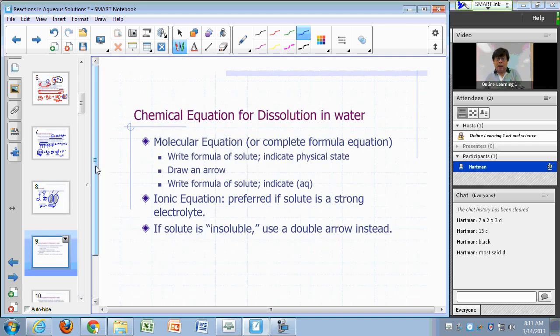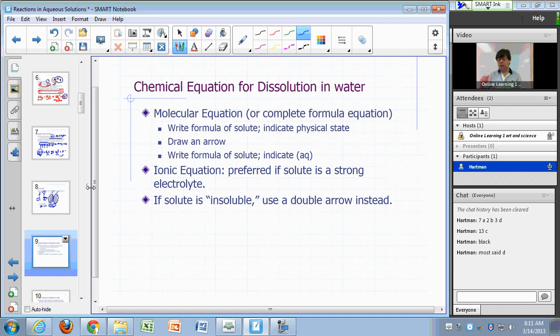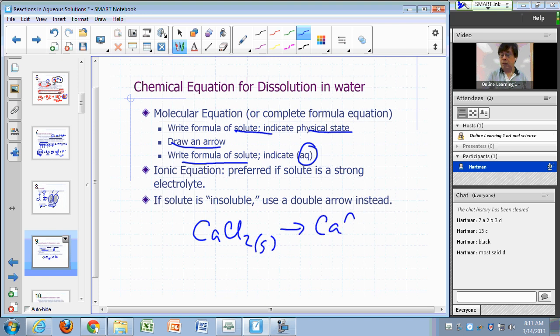Now, the chemical equation for the dissolution of substances in water, you can write it by writing the formula of the solute, and then you indicate the physical state, whether it's solid, liquid, or gas. Then you draw an arrow, and then on the right-hand side, you write the formula of the solute, and then you write AQ. Like the example I showed you earlier, CaCl2. If you were to put it in water, this represents the dissolution of calcium chloride. You just change the label from S to AQ. But like I said, an ionic equation is a preferred way of writing the chemical equation, because it's a more accurate way of